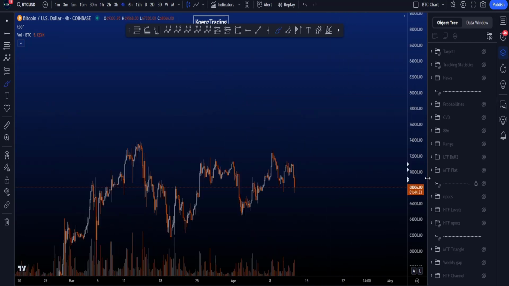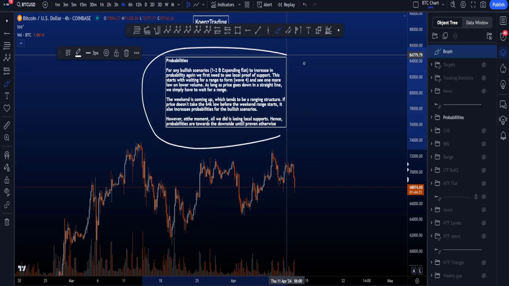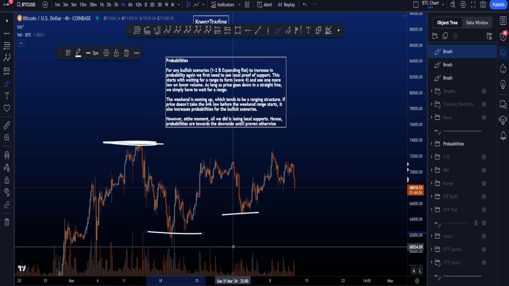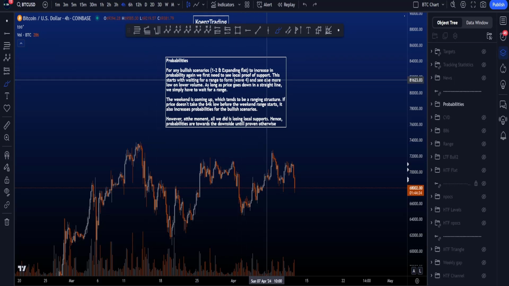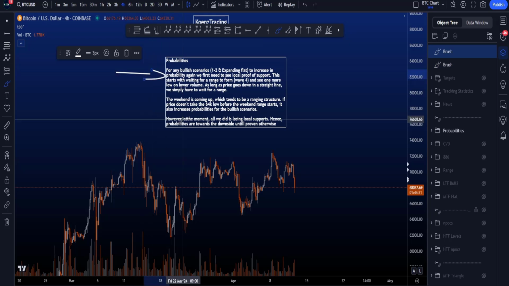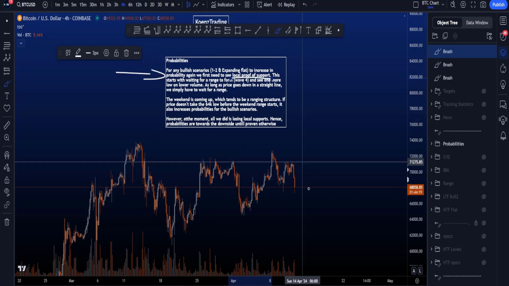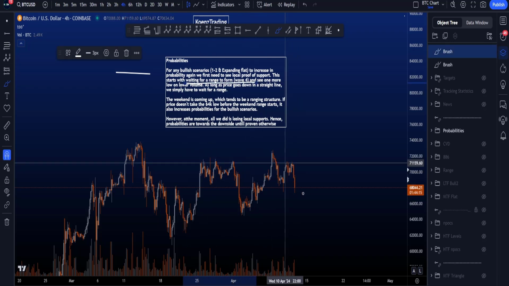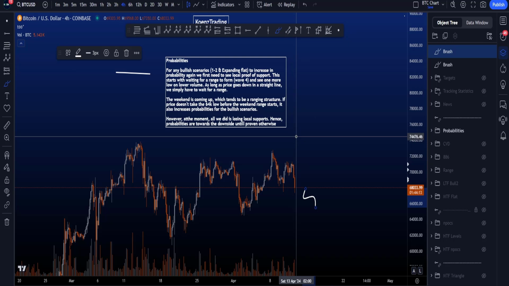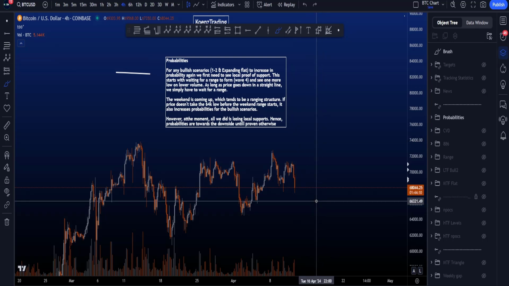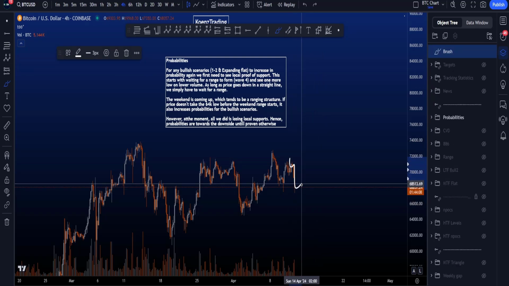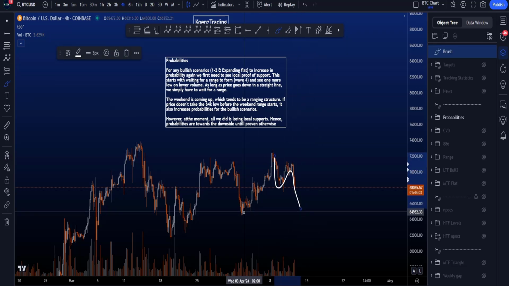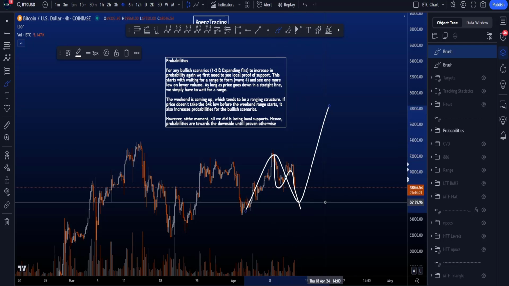And if we then look at the probabilities of the different scenarios, then for any of the bullish scenarios, bullish meaning taking the high over here before any of these lows, so for any of the bullish scenarios to increase in probabilities again, we first need to see local proof of support. This starts with waiting for a range to form in a local wave 4 over here, and then see one more move to the downside in a wave 5 to finish an impulse to the downside over here for either a potential ABC, which is a bullish scenario, because then we expect price to move towards the upside if it